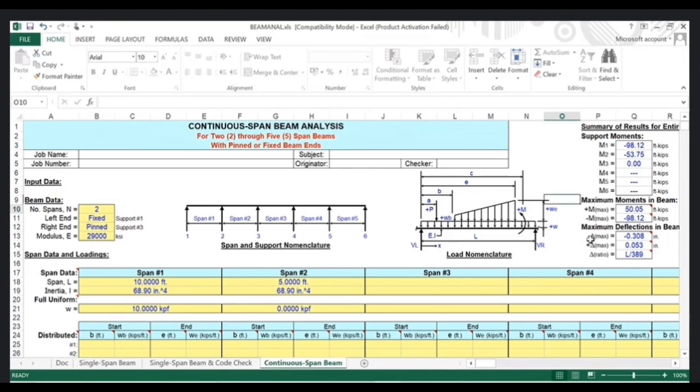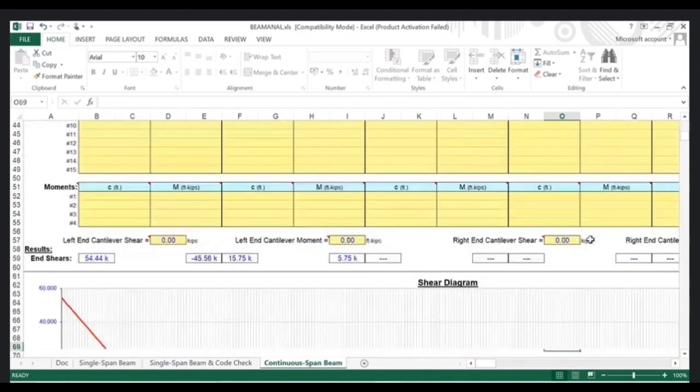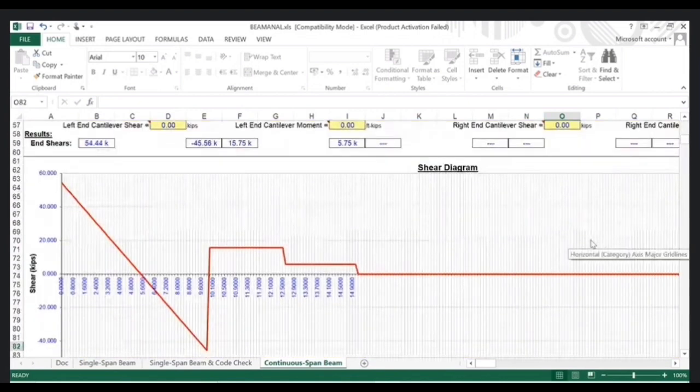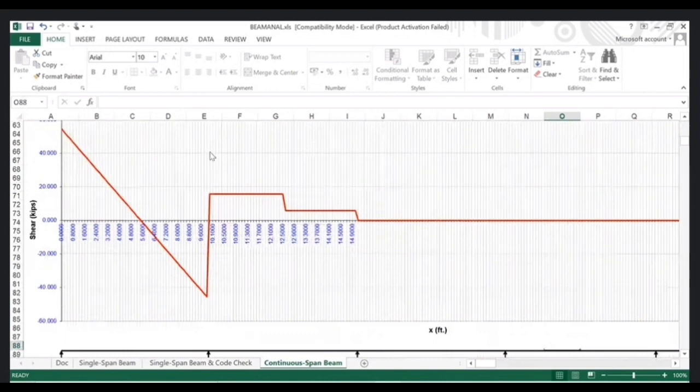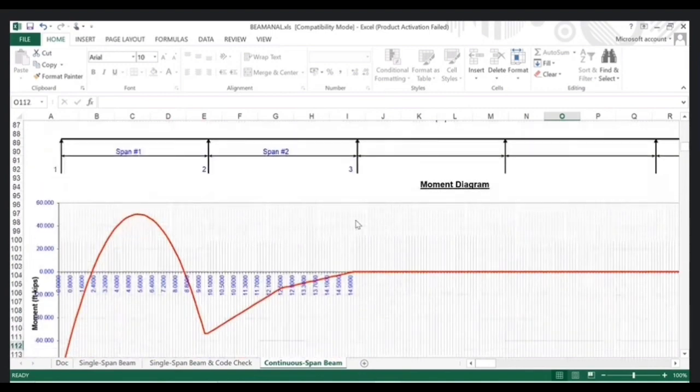Here you can see the shear force diagram as well as the bending moment diagram according to our load condition. On span 1, our load is UDL, so our shear force diagram will come as an inclined line. And on the second span, our load is a point load, so our shear force diagram looks like these lines. And here you can see the bending moment diagram.